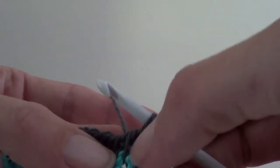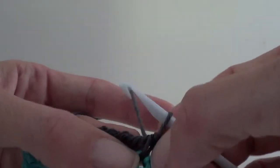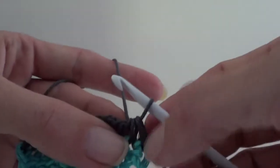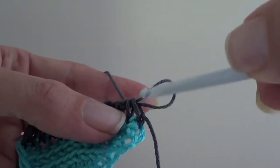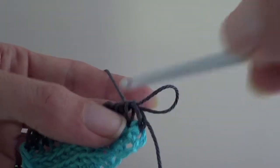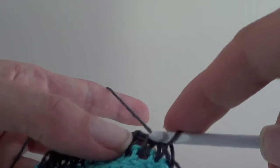Then what we're going to do is we're going to skip this. Remember, we're ignoring this right hand stitch here. If you're left-handed, it'd be your left hand stitch. We're going to ignore this next stitch, so we're ignoring this first one here. We're going to ignore this one, we're going to ignore this one. So when I say skip a stitch, we're skipping this one here, and we're going to go into the next